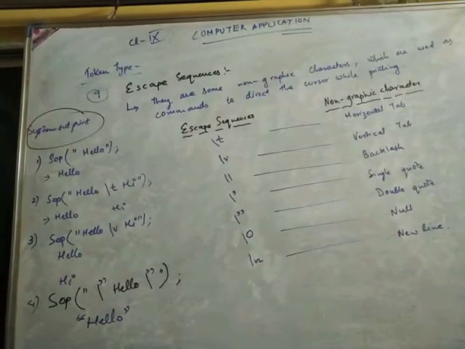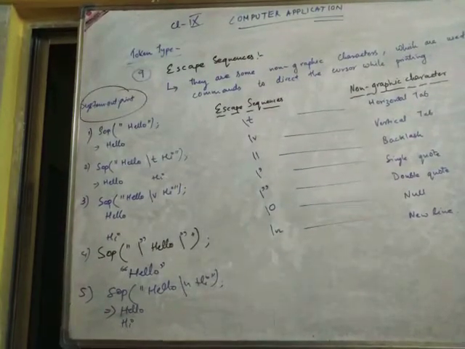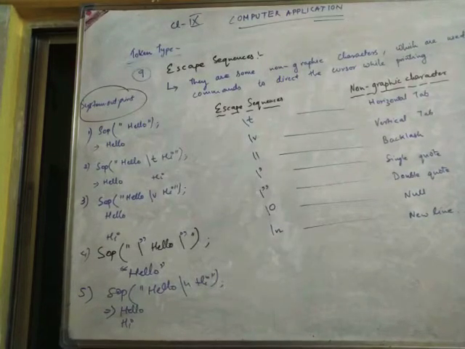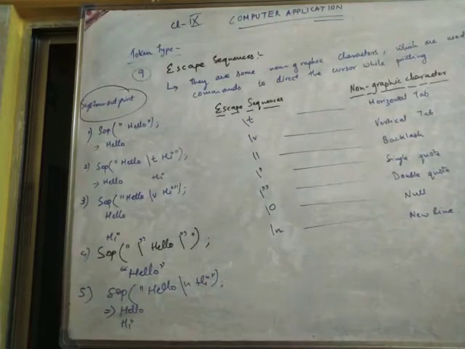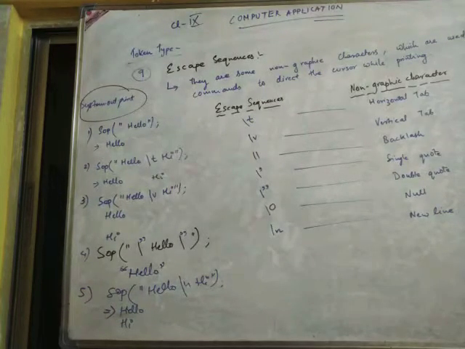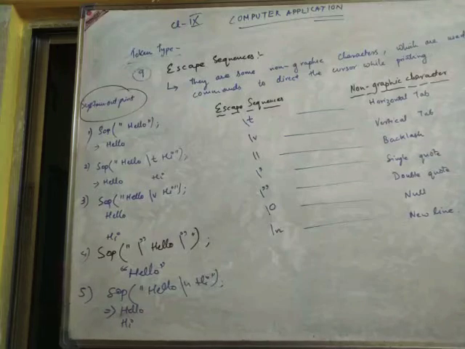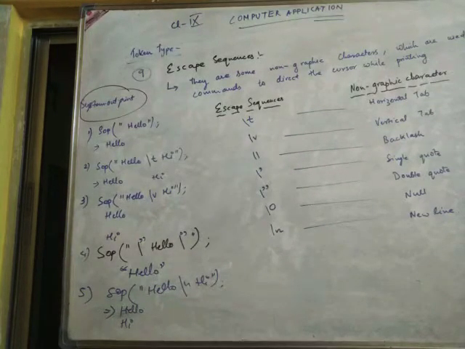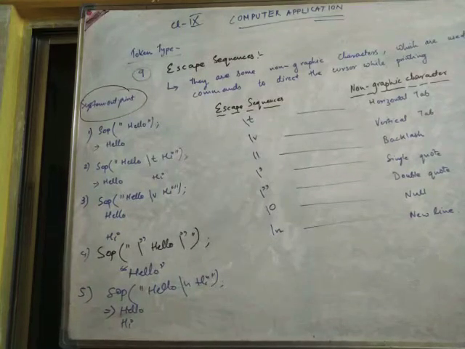And the last one is new line. What is new line doing? If we use hello slash n hi, then what will happen? Hello will come, slash n means new line. After hello the cursor will go down and write hi. Whatever is there after slash n will come down. So this is what the cursor will be doing every time an escape sequence is encountered. It will do the specific task it has been allotted for: slash t for horizontal tab, slash v for vertical tab, double slash for backslash, for single quotation we use slash single quote, slash n for new line. So these are the different types of escape sequences.